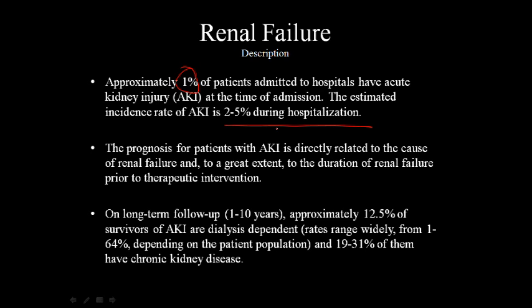So the prognosis for patients with acute kidney injury is directly related to the cause of renal failure, and to a great extent the duration of renal failure prior to therapeutic intervention. On long-term follow-up, 1 to 10 years, approximately 12.5% of survivors of acute kidney injury are dialysis dependent, and it ranges from 1 to 64%, depending on the patient population, and 19 to 31% of them have chronic kidney disease. Chronic kidney disease means that you're headed towards dialysis,